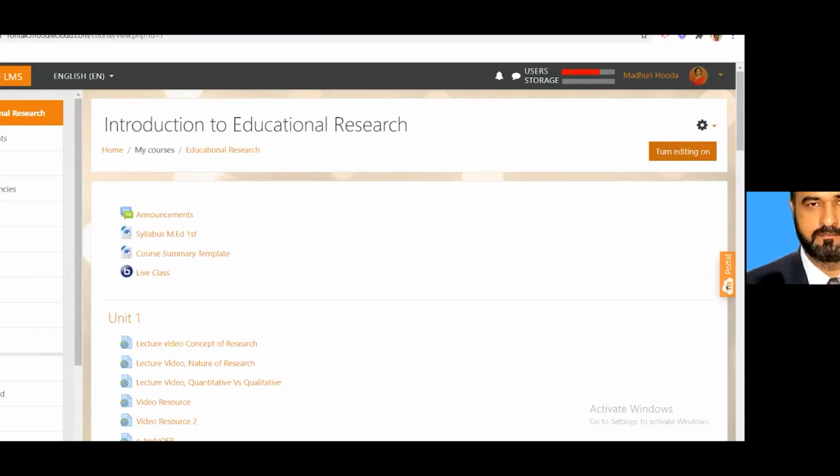I am using it, but that is already programmed. From the institution. Okay, so the institution might have enrolled the learners. Yes, everything is done, and the institution has a separate admin team available. Okay, fine. That's good. But if you want to create your own Moodle site and you are enrolling your students, that is a different thing. And there are some specific steps which you have to follow.